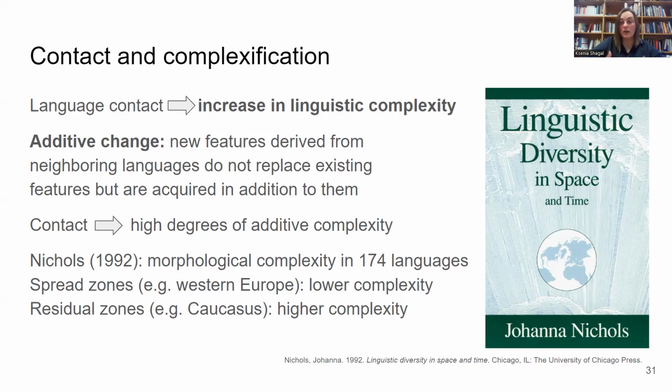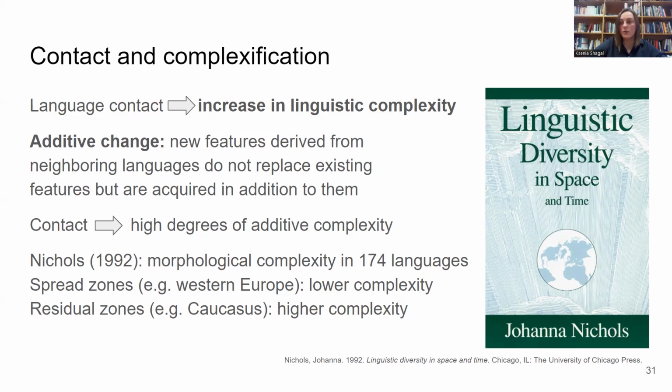For instance, one obvious reason why contact may lead to complexification is additive change. So new features from neighboring languages do not replace existing features, but they are acquired in addition to them. So that means that the more contact you have, the more additive complexity you get. And also